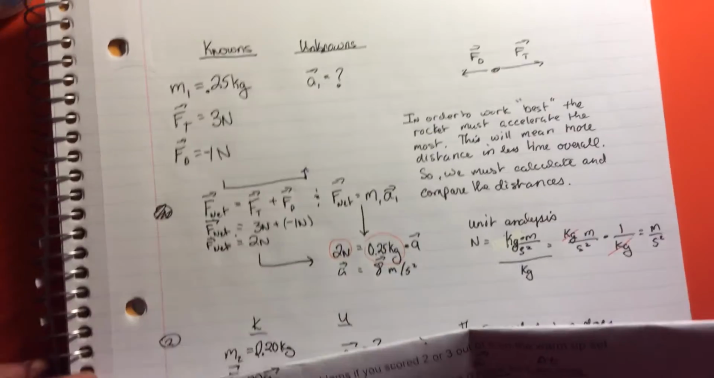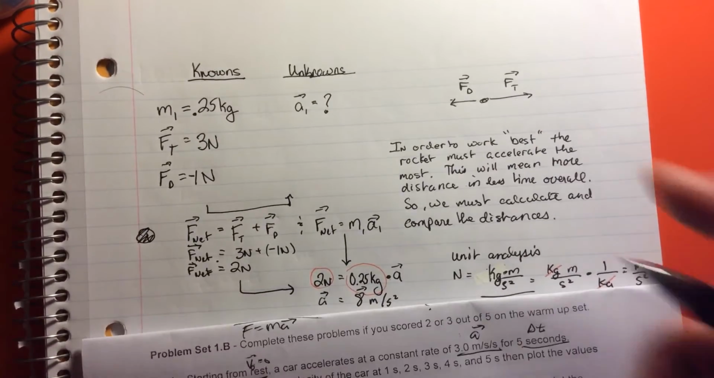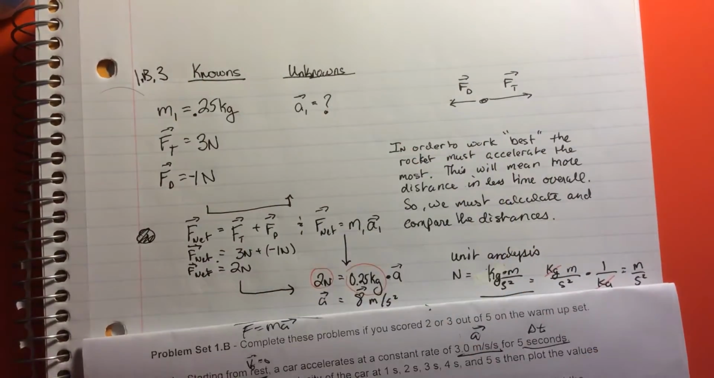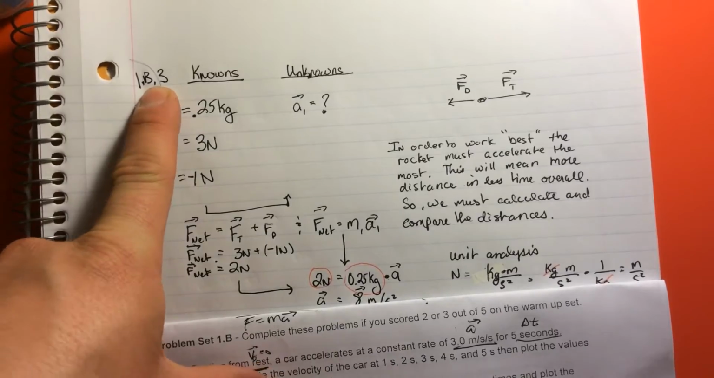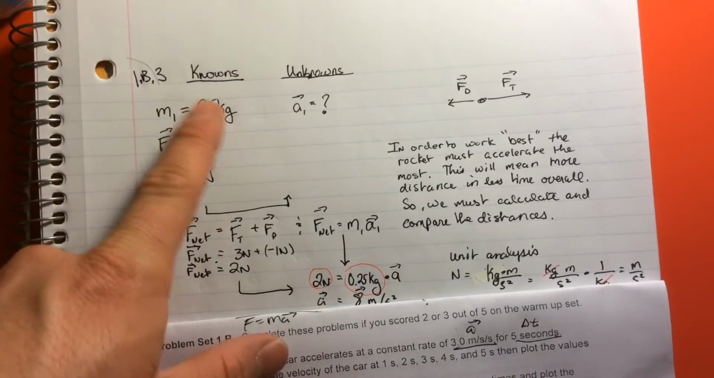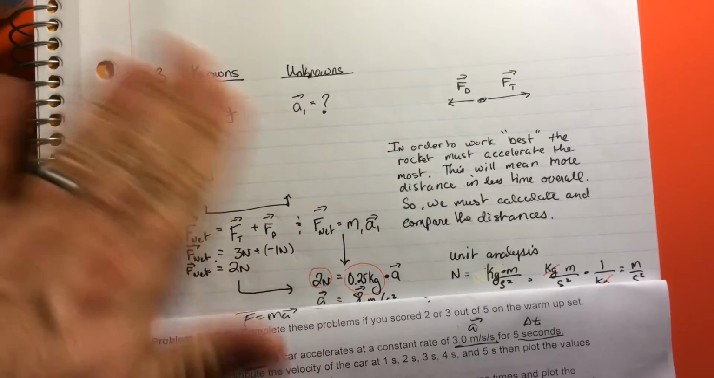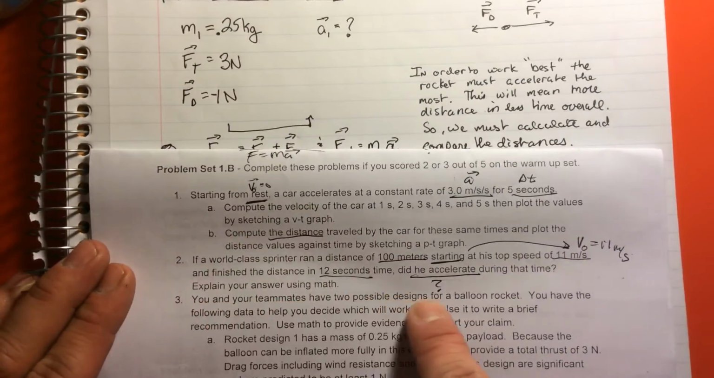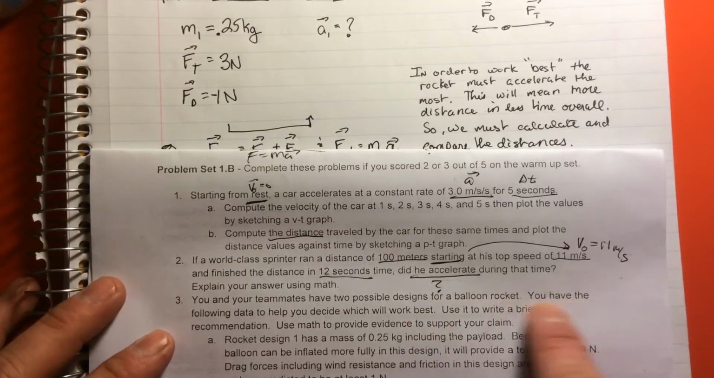So this is the solution to problem number 1B, number 3 in the set 1 in this second level, and this is the third problem. So in this problem, you and your teammates have two possible designs for your balloon rocket, and you're debating which